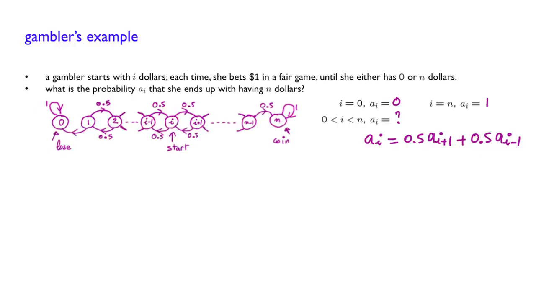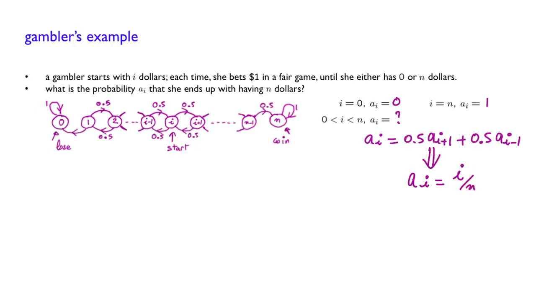So you have this kind of equation, a_i = 0.5 a_{i+1} + 0.5 a_{i-1}. This is valid for all i between 0 and n, and this is a system of equations that you can solve. It's not very difficult to solve. Actually, you can look in the textbook. There will be some trick to do that. There are many, many ways to do that. We're not going to spend our time going into that in detail, but essentially if you solve that system, you will see that the answer is that a_i is i over n.